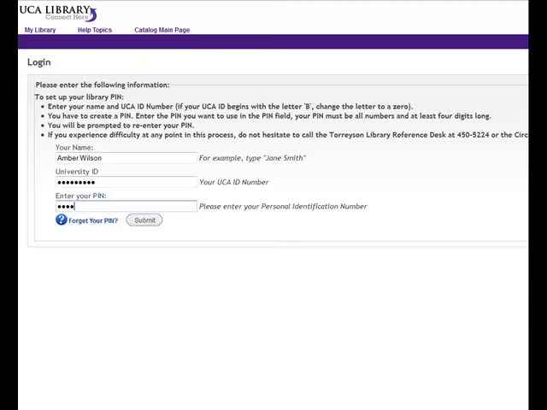If you know that you have absolutely forgotten your pin, there is an option down at the bottom of the page to reset your pin. Click on the Forgot Your Pin link. It'll ask you for your name and ID number. It will then generate an email to your UCA account. Log into your UCA email, find that message from us. It will contain a link that will allow you to come back, clear out your old pin, and create a new pin. Or, if this is your first time to ever create a pin,